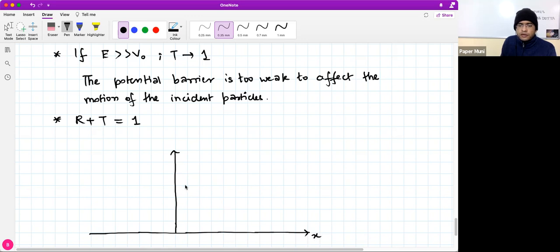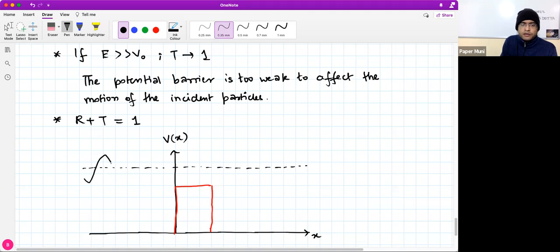So this is X, and we have this potential out here. This is the energy level. Now this is Vx. Now what is happening here is, if you have the waveform of the de Broglie wave like this,